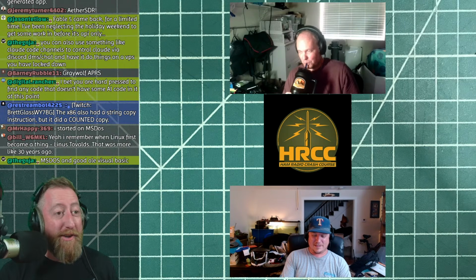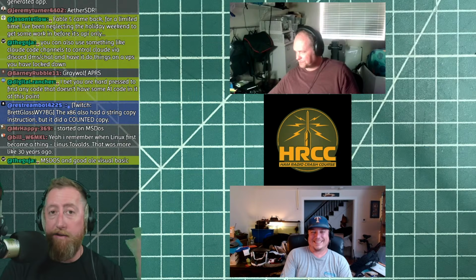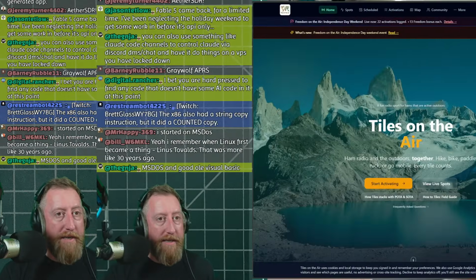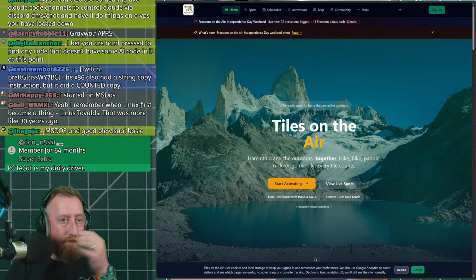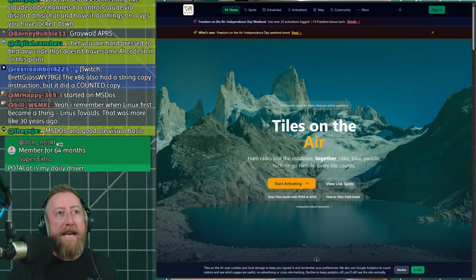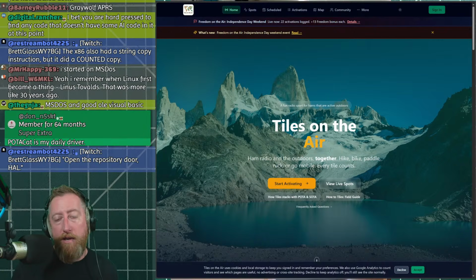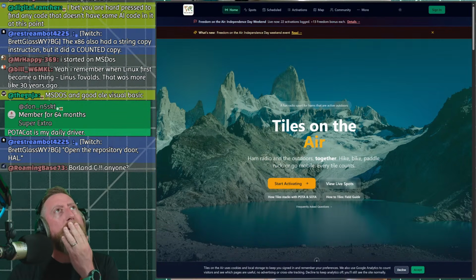I will mention one that's highly recommended by N8YO. Now I can't comment on whether it is safe to use or whatnot, but it is Tiles on the Air. He told me he uses that to help him chase down Fred Fish contacts, and he'll get a notification on his phone or in an email along those lines. Is that the right one? Am I on the wrong one? No, not Tiles on the Air. Which is the one he uses? Tiles on the Air is a different one.